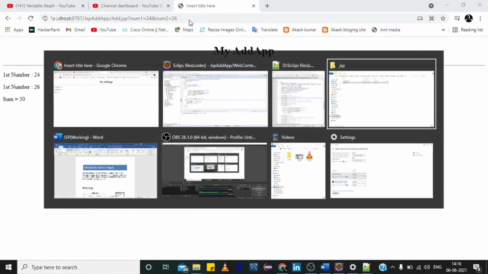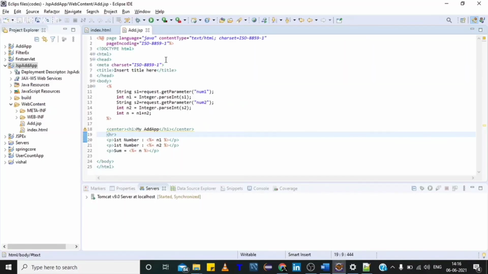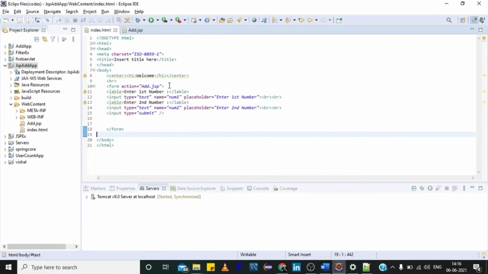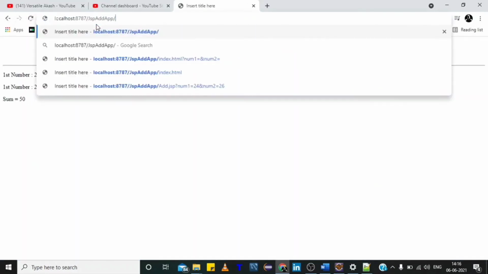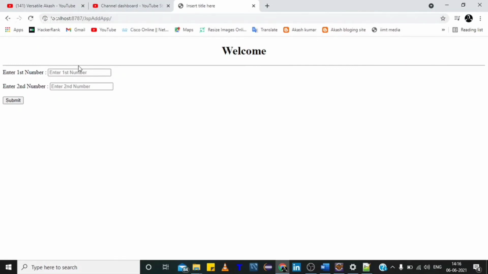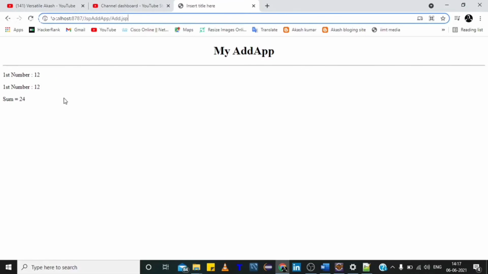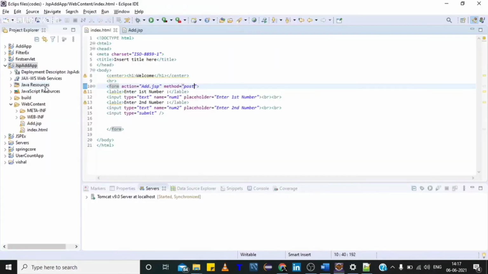So what you have to do, go to your project and write a method and apply a post method in the index.html file, then refresh it. Run again, and as you can see, the values are not visible now.